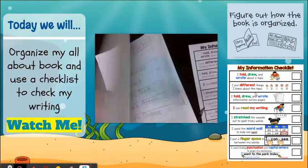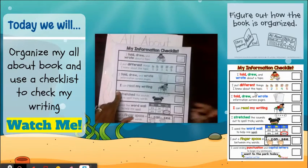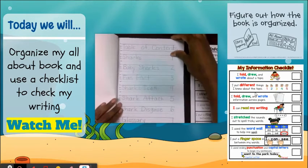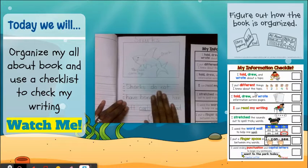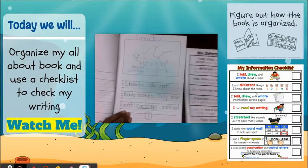We have many pages here in our All About book. So yes, we did do that across pages. I can read my writing. This is very important, friends. Now, sometimes we write and we do not remember what we wrote. So what I want you to do here is take some time to see if you can read it yourself. Now, I'm going to go ahead and read it to see if I can read my